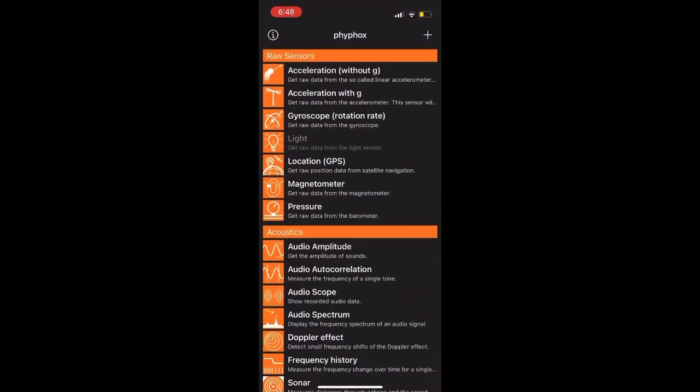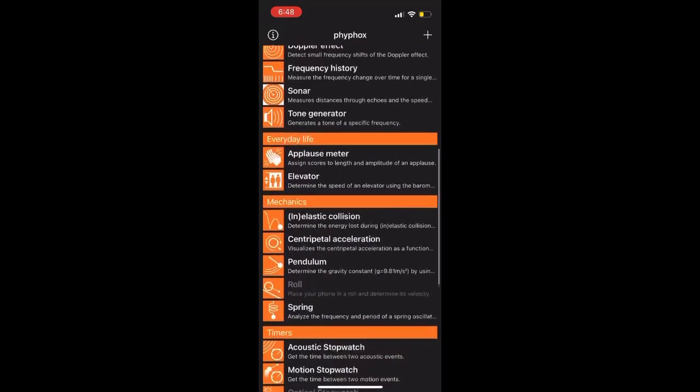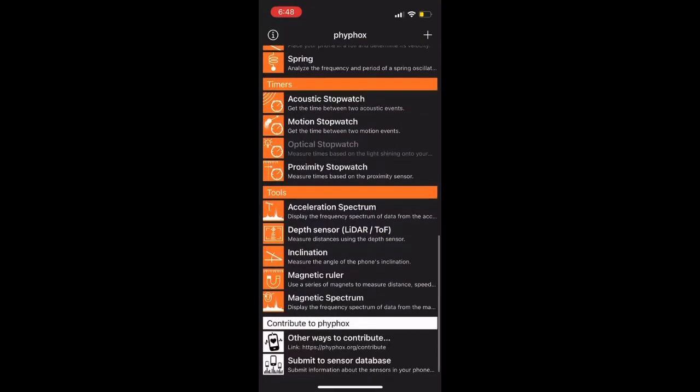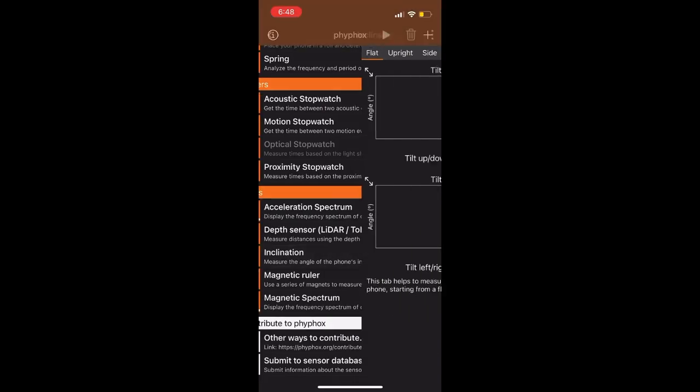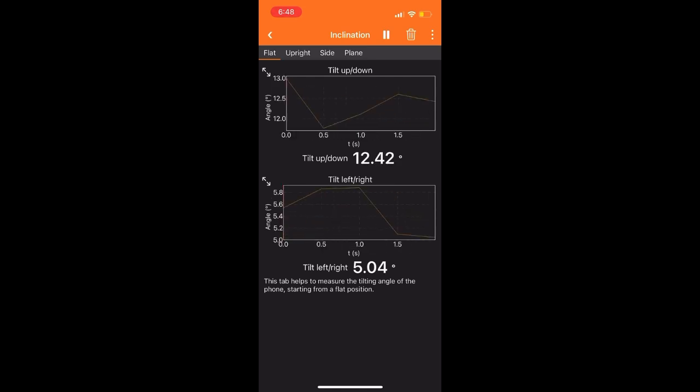Okay, so you tap on the app and then you just scroll down. Here you have all sorts of different things. We're just going to be exploring a couple of them. If you scroll down to the bottom, you see the inclination, and you're just going to go ahead and tap that. And from there, you can press the play button, and now it's going to start reading the inclination